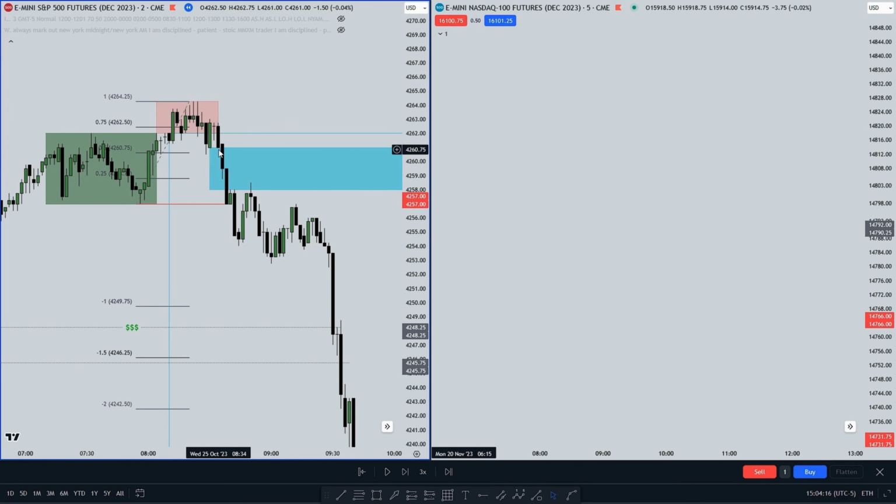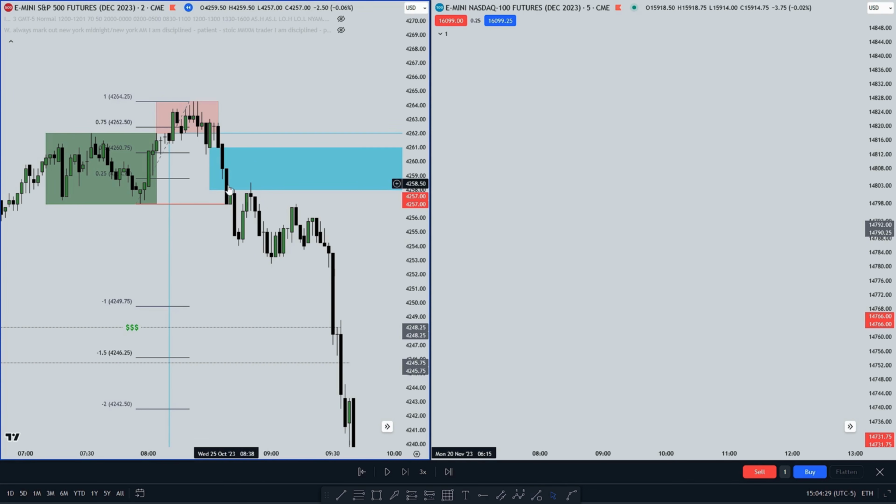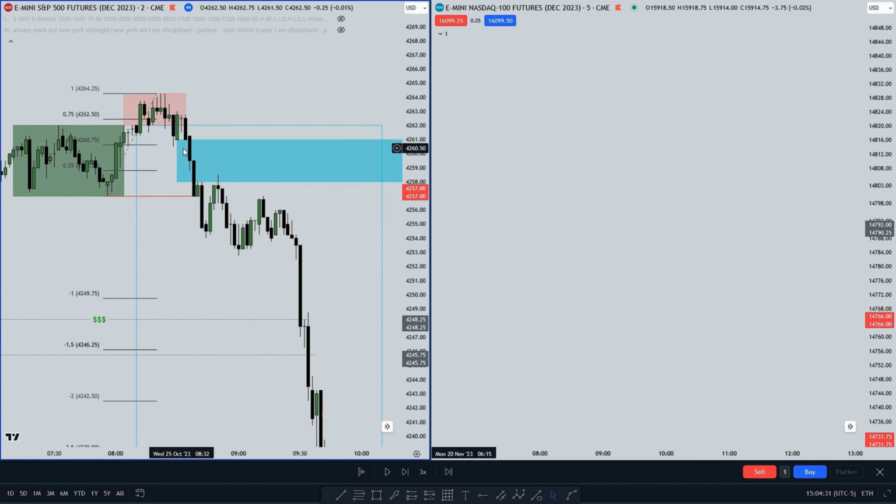So as you see, we have our fair value gap right here, a 5-minute fair value gap, and the reason I'm on the 2-minute is because the 1 minute doesn't work for some reason. So this is our fair value gap, and as you see, this could be used as a lowest buy or first stage distribution,